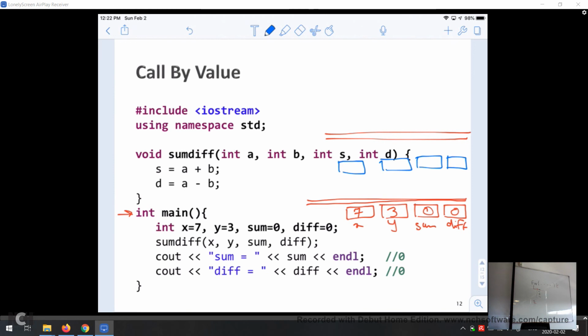Similarly, x, y, sum, and diff are local inside the main. Inside the sum diff function, you cannot use x. The sum diff function cannot see the value of x, cannot see the variables x, y, sum, or diff. Function main cannot see the variables a, b, s, and d. Those are variables in one location, those are variables in another location. But what is the relationship between